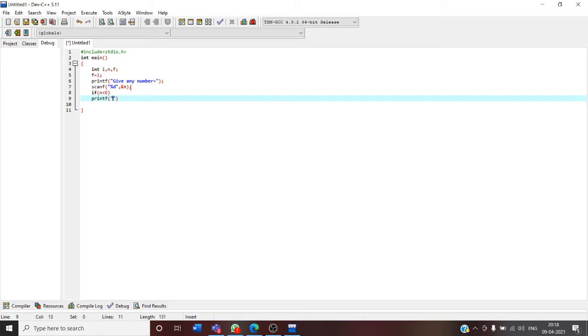As you know, there is no negative number factorial, and we can't determine the factorial of it. So here we write this: no factorial for any negative number.